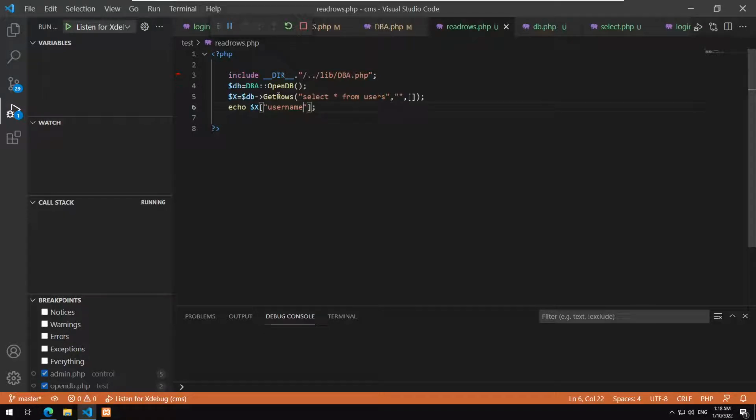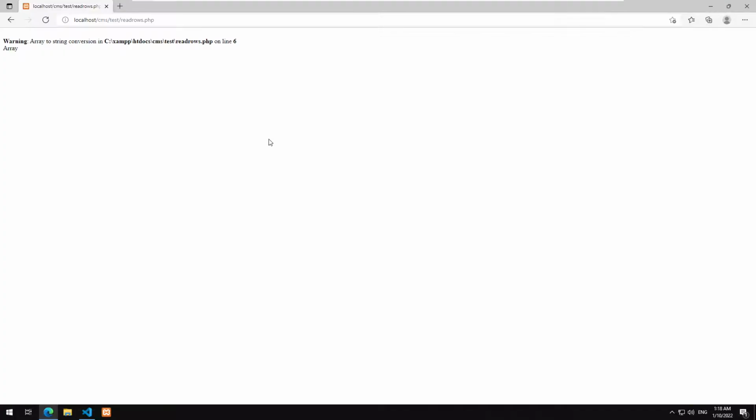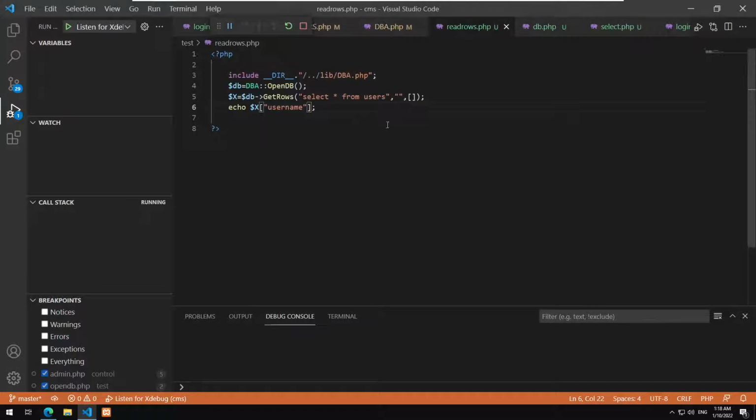Let me just remove the breakpoint here and refresh, and we have admin. If we want, we could say where username equal question mark, and the parameter is going to be s, because it's a string, and this is going to be admin. There you go. Right, so now we are going to query the database for the result, and now we will